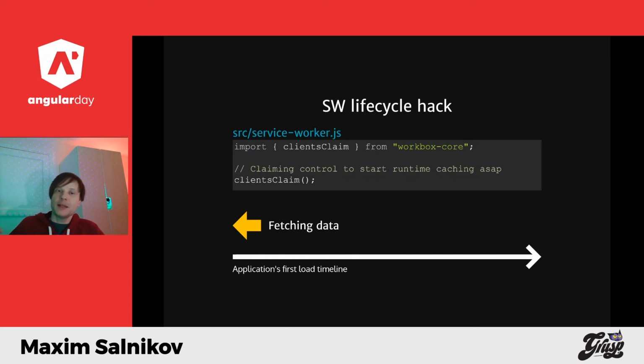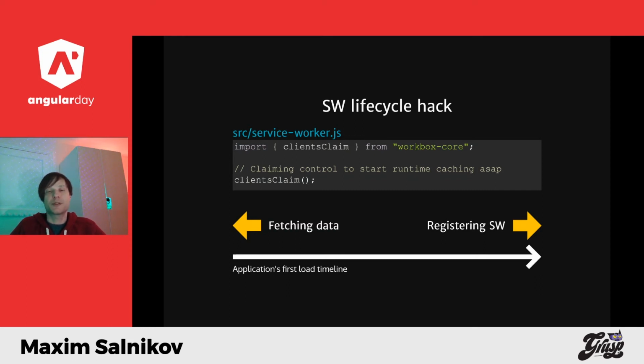Of course, in many cases you have to go for server-side rendering, but here let's limit ourselves to a classical SPA, where we download the data itself after the application was loaded. At the same time, we would like to postpone the registration of the service worker for as late as possible. I already explained why. So even after we call clients claim, most likely the fetches already happened, so you will not get the data